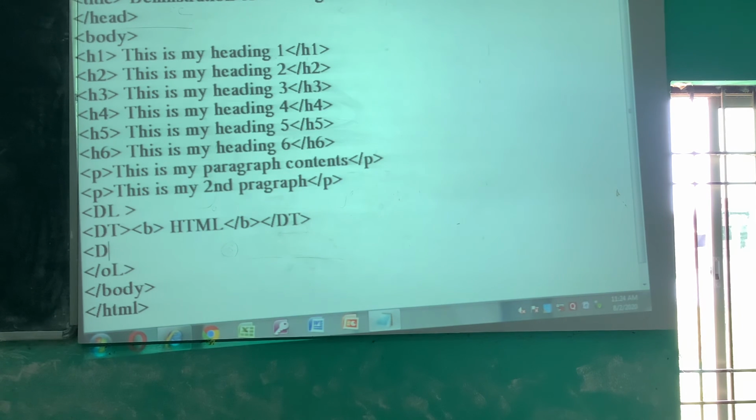And here you define the term HTML. Suppose it is a markup language to create web pages.